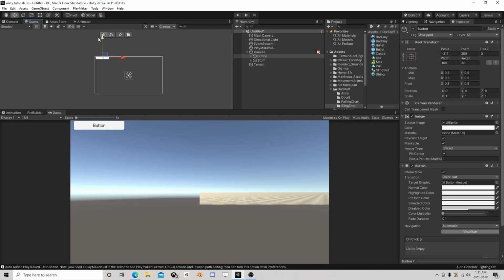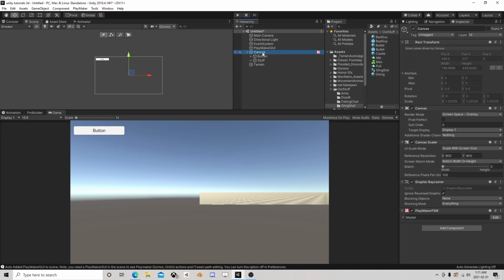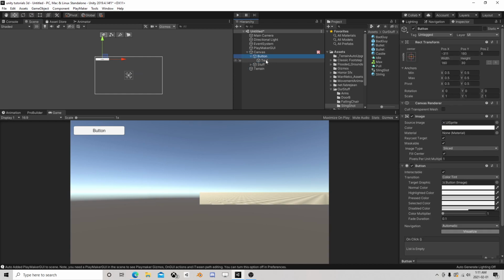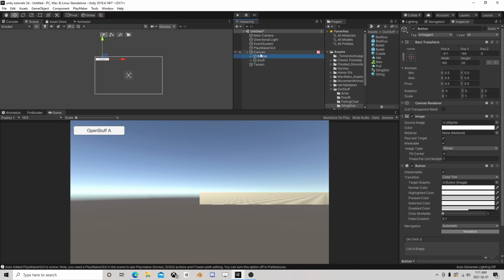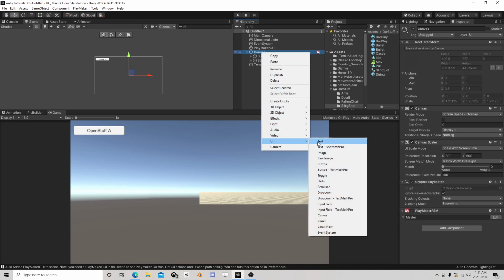He can stay there, and I'm going to label this guy differently. I'm going to say open stuff A,